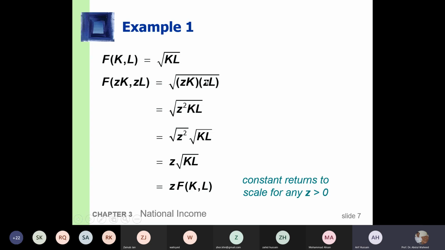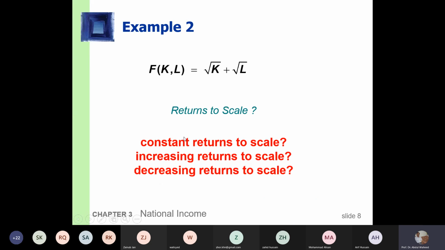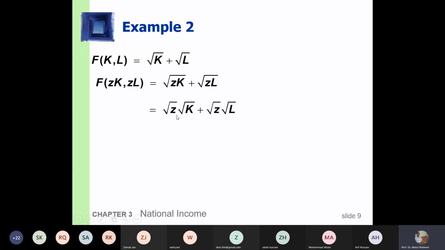यहाँ इसकी पावर 1 है, इसकी पावर 1 है, तो 1 + 1 2 हो गया, इसलिए ये स्क्वायर रूट हो गया. इससे ये कैंसिल आउट हो गया. यहाँ पे तो स्क्वायर रूट है ना. So now, this means when we increase all input by z, output will increase by square root of z. So this means if I increase capital by 16, if z is 16, labor by 16, output will increase by what percentage? If capital increases by 16%, labor is increased by 16%, output will increase by